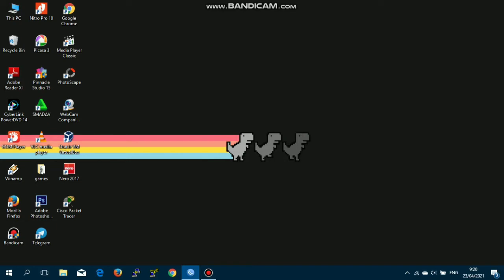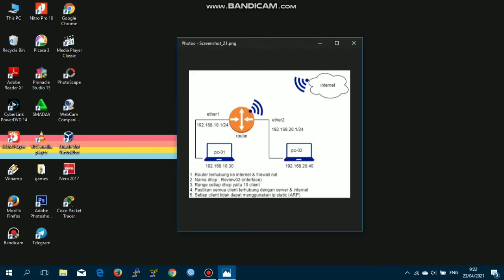Today I will explain about Review Lab 2. The following is the topology used. Here, the IP address for interface Ether 1 is 192.168.10.1/24. And for interface Ether 2 is 192.168.20.1/24. DHCP server IPs are